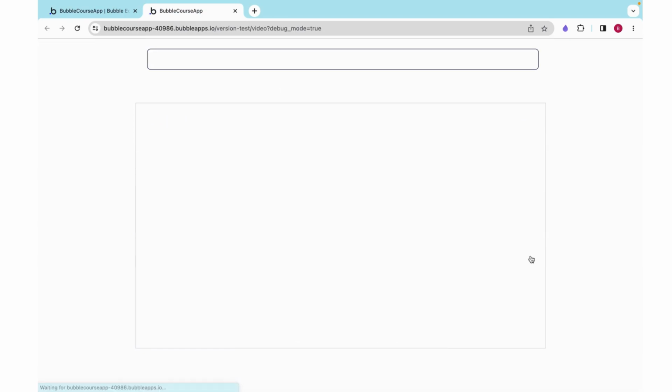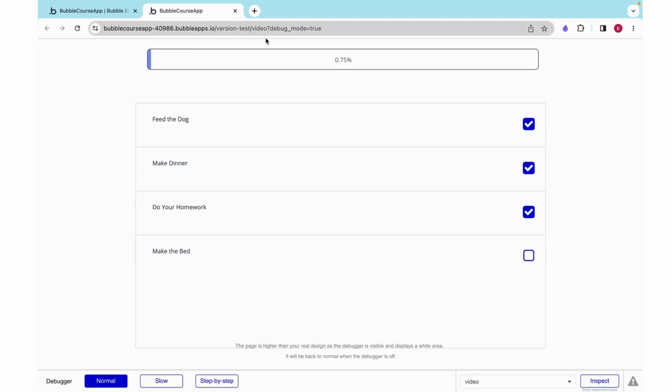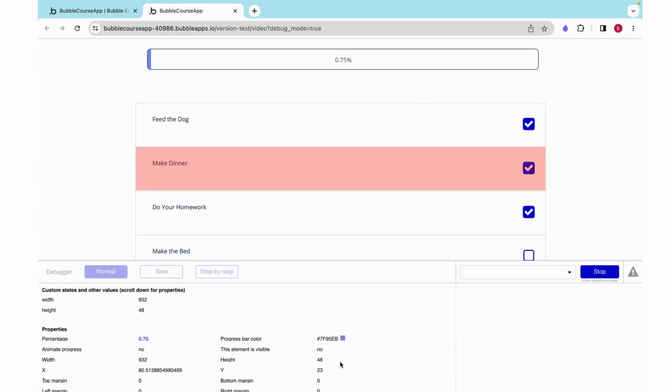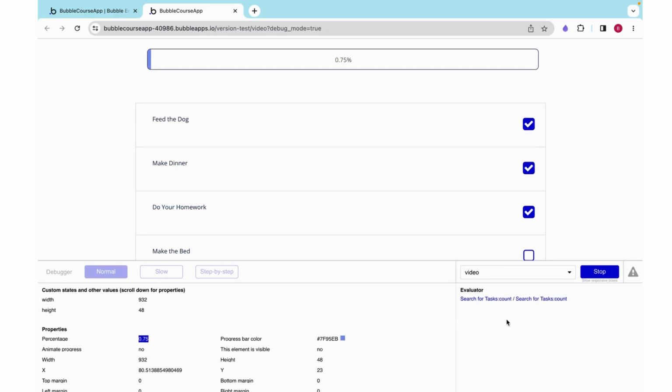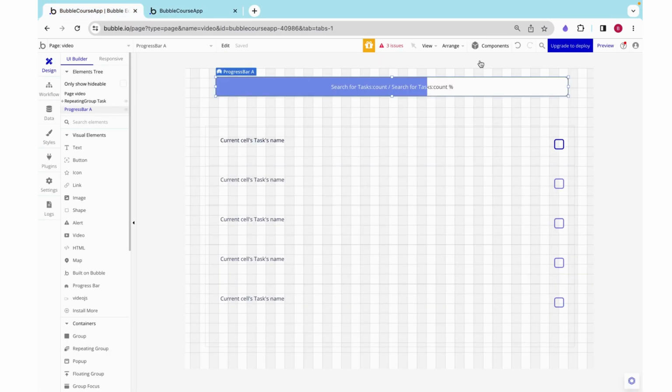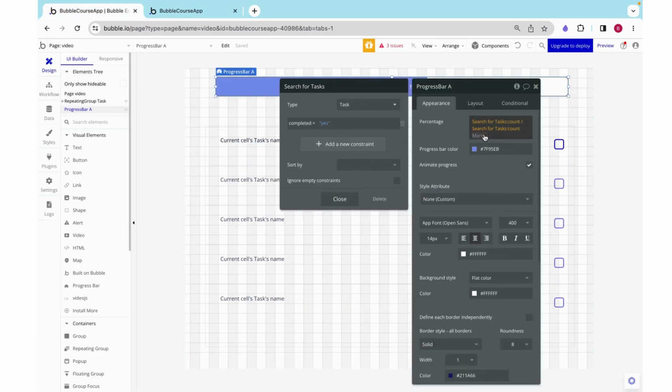Currently, I have 3 out of 4 tasks done. That's 75%, but we're seeing 0.75. Well, let's look at this. It's data source. It's taking all of the tasks, it's counting it up, so it's doing 3 divided by 4, and that's returning 0.75 when we really want it to return 75. So we need to actually take this number